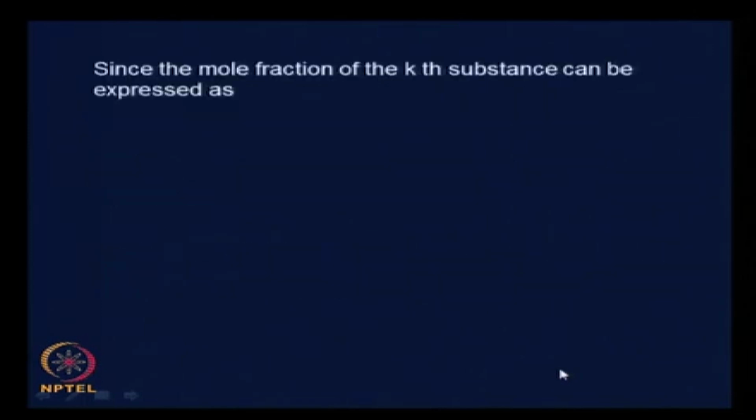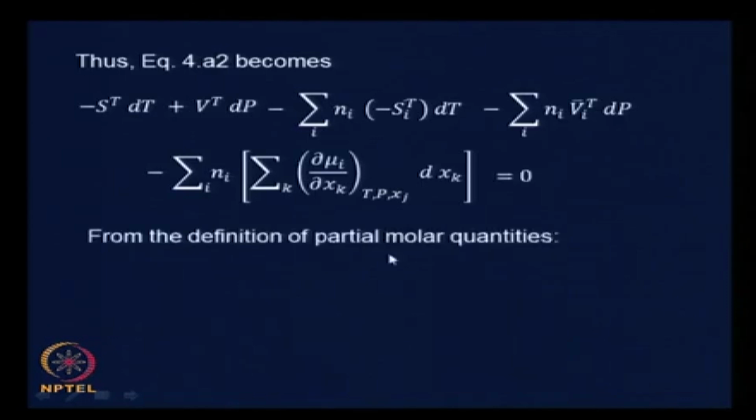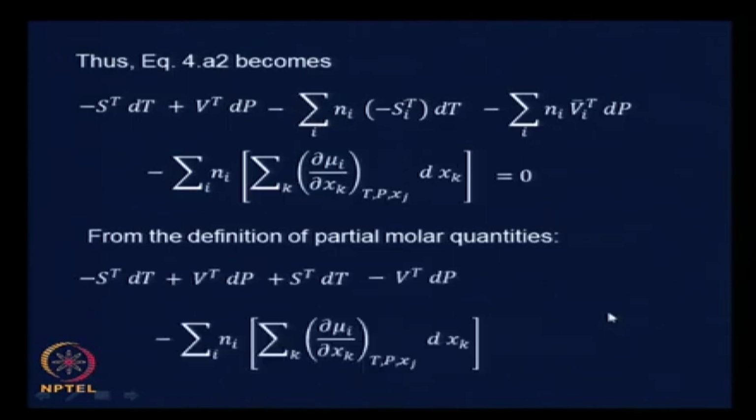It also shows the level of care or carefulness that one needs to exhibit while doing these kinds of manipulations. And this is where we brought in these two terms: we had used the reciprocity relationships to convert the third and the fourth terms as equivalent to the first and the second terms with opposite signs, and therefore we could get rid of them, and we were left with